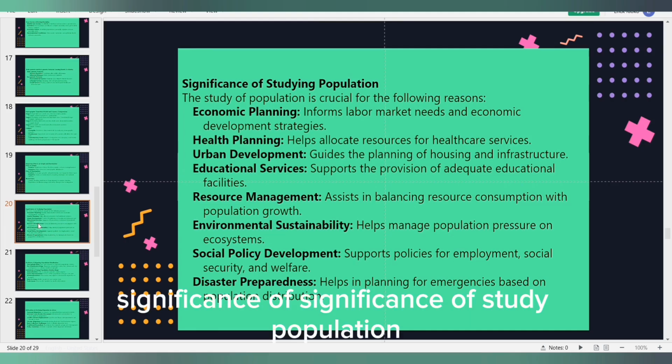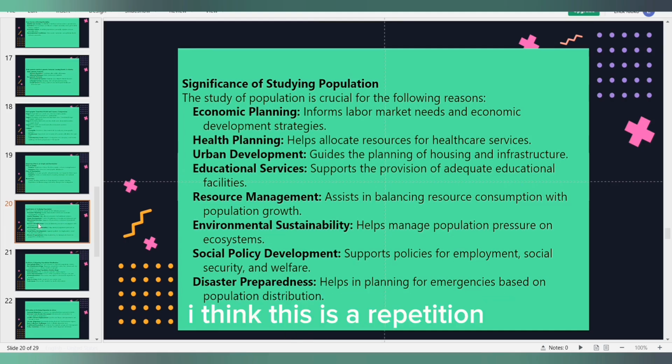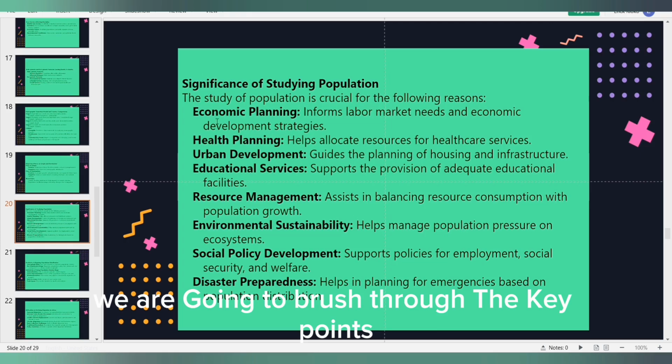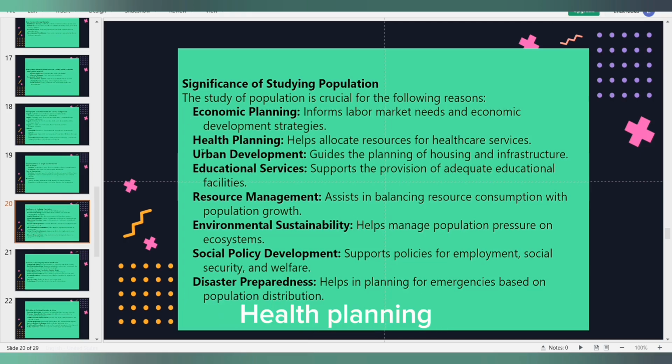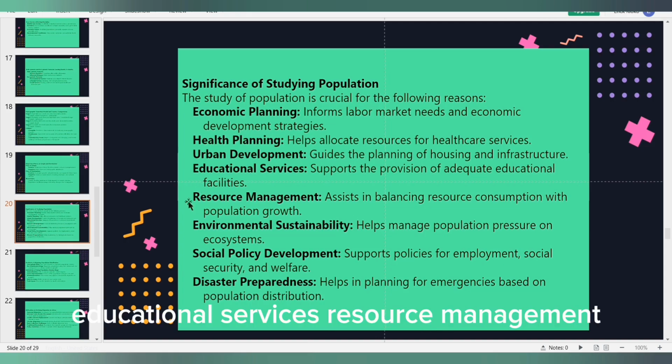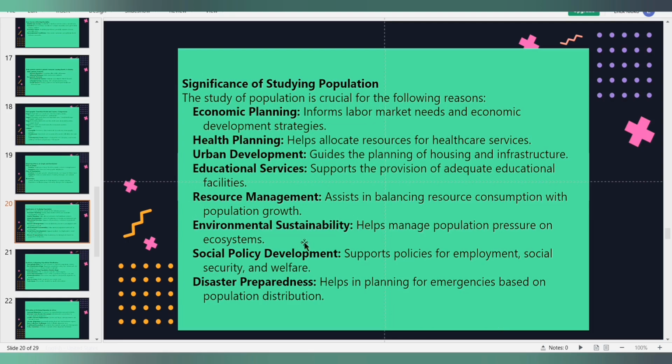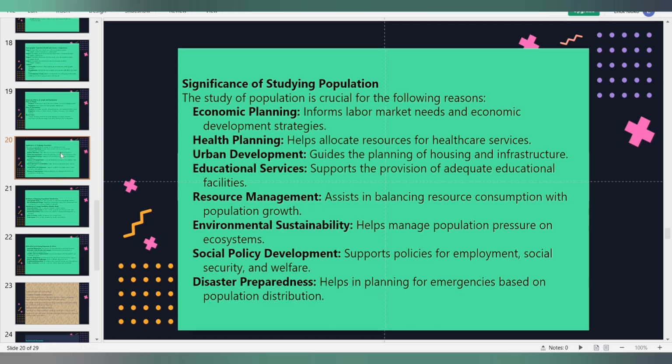Significance of studying population. We have looked at it. I think this is a repetition. We are going to brush through the key points: economic planning, health planning, urban development, educational services, resource management, environmental sustainability, social policy development, disaster preparedness. Let's go to slide number